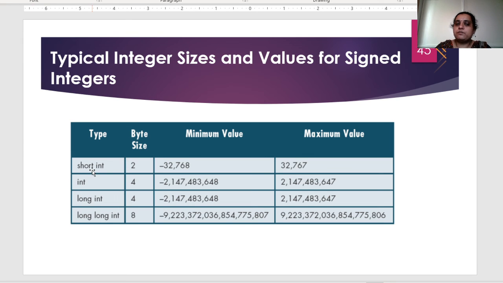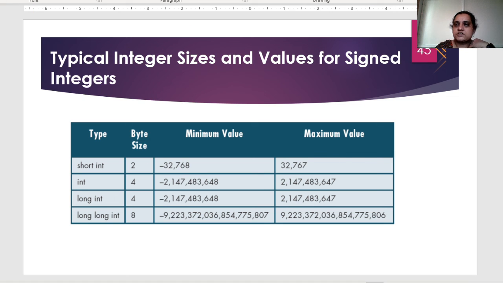If you want to find out the memory allocated for a particular data type, you have an operator called the sizeof operator, S-I-Z-E-O-F. Sizeof is an operator. If you remember, in the list of keywords we gave this sizeof word also. Whenever you say sizeof short int or sizeof int, whatever memory is allocated for that data type on that machine's architecture is returned and displayed for you. You will very easily be able to understand what memory is assigned to it.